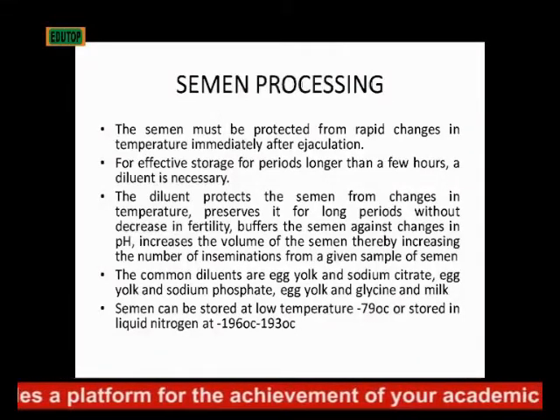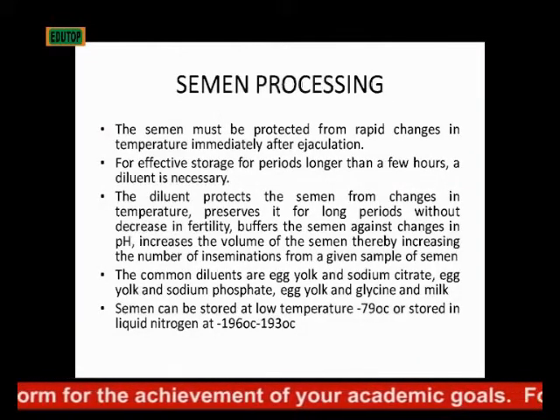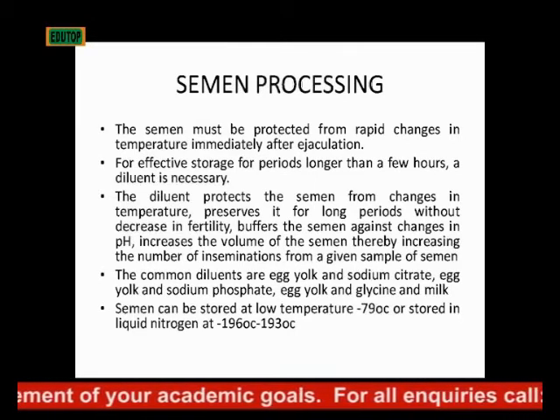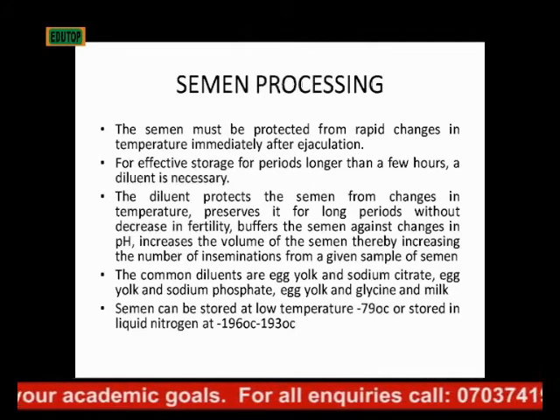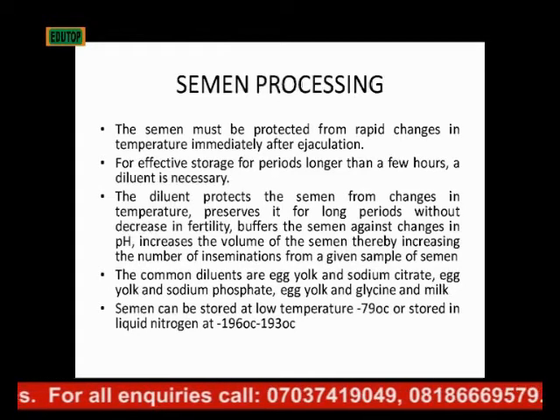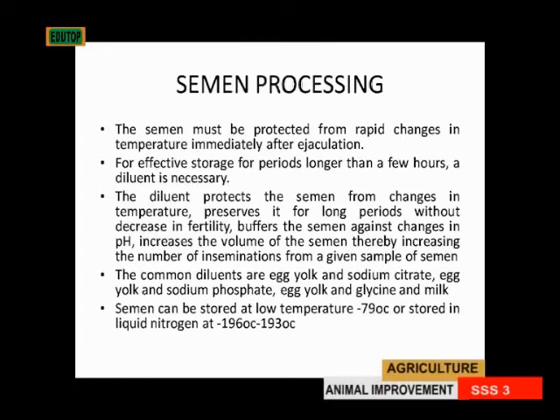Thereby increasing the number of inseminations from a given sample of semen. The common diluents that are used are egg yolk and sodium citrate, egg yolk and sodium phosphate, and the third one is egg yolk and glycine with milk. Those are the common diluents added to the semen to preserve it for long periods of time